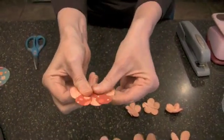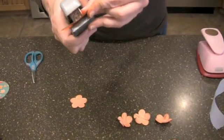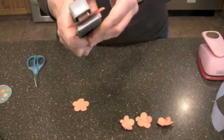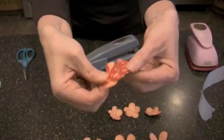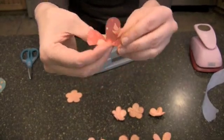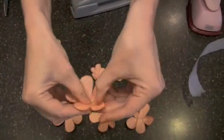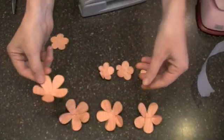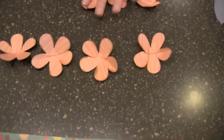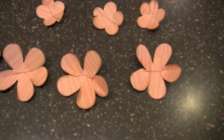You fold it in half, and it doesn't really matter how, and then you take a stapler and you staple into it. And what this does is this pinches the center, so then when you unfold it and you open it up, you can curve your flower and it basically gathers in the paper, so you get these nice curves. Okay, so you do that to all of your big ones, and then your 3 small ones, and then your